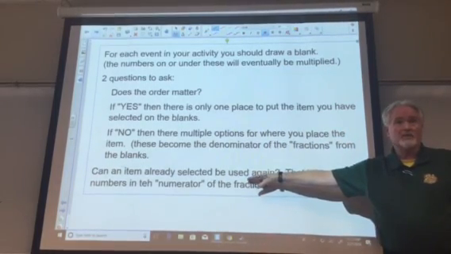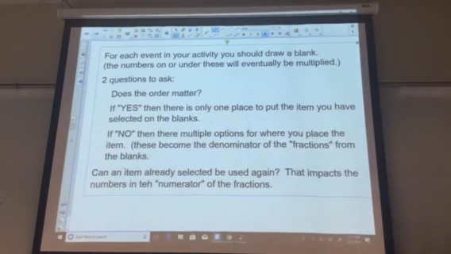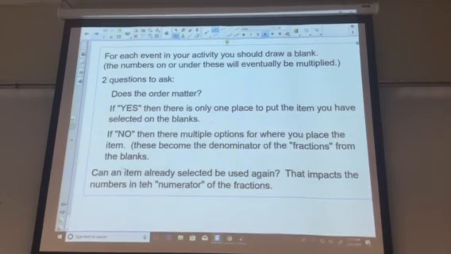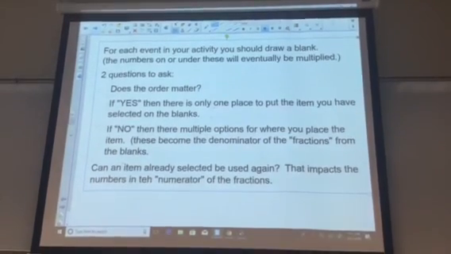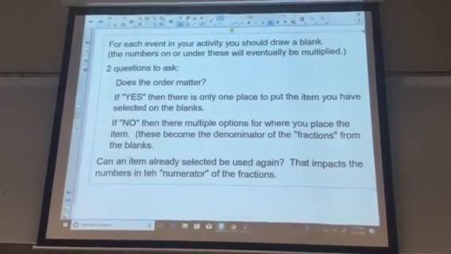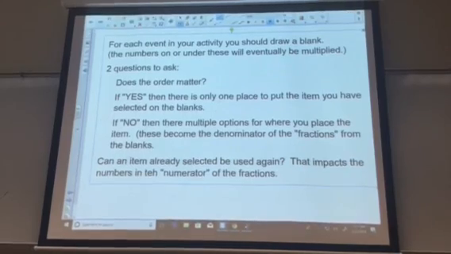Second question to ask yourself, if I've already selected an item, am I free to use it again, or is it restricted? If it's once I've used, I can't use it again. That will be told to you in the body of the problems. So for example, if we're talking about